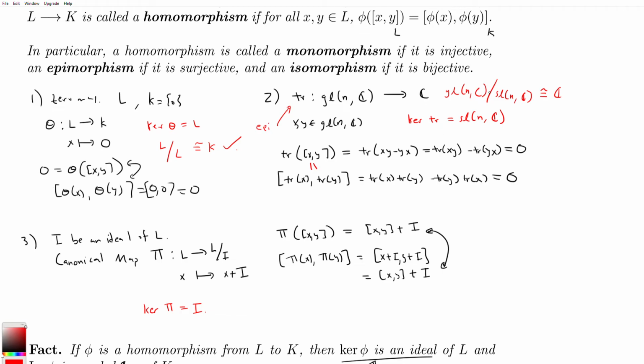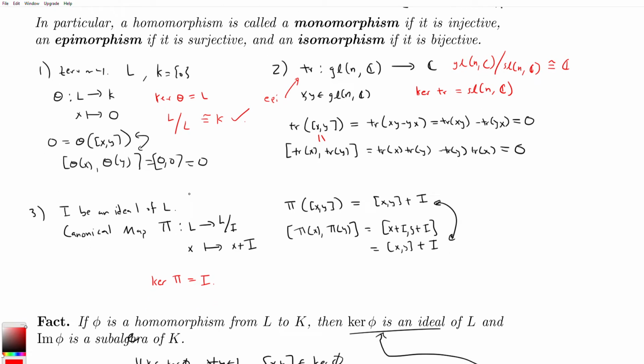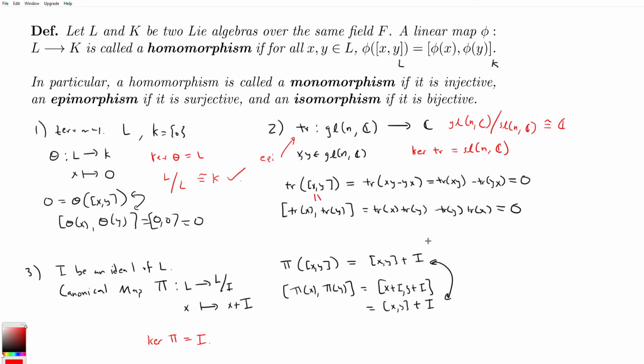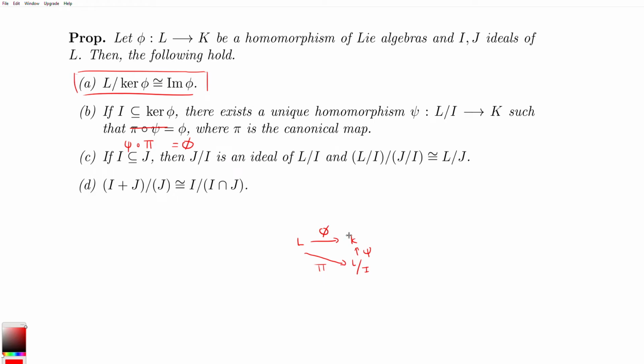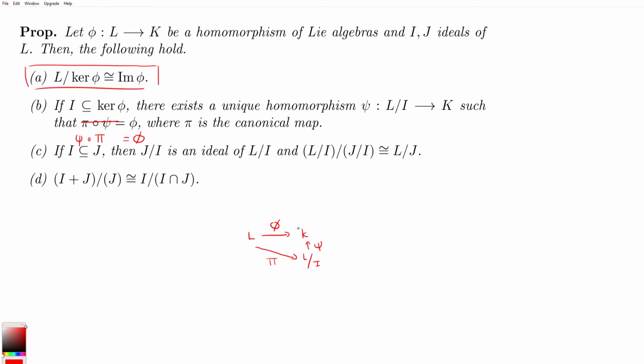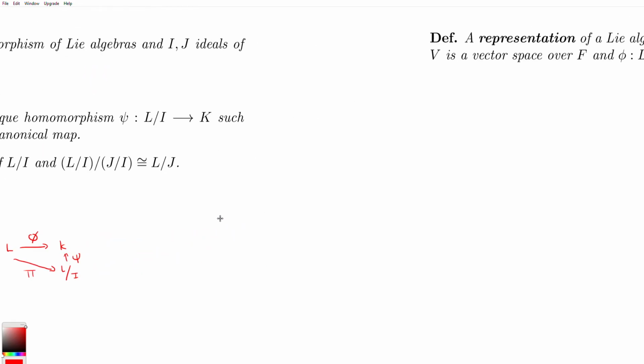Okay, and so the isomorphism theorem holds here, and then lastly, it's going to hold here. I mean, that's just by definition. The canonical map is precisely the map which sends the ideals, sends L to the quotient algebra. All right, so I hope that proof by example is sufficient to convince you to do the exercise. All right, so those are our elementary results, and with that being said, we can actually define what